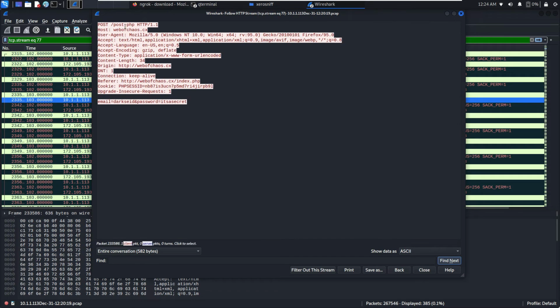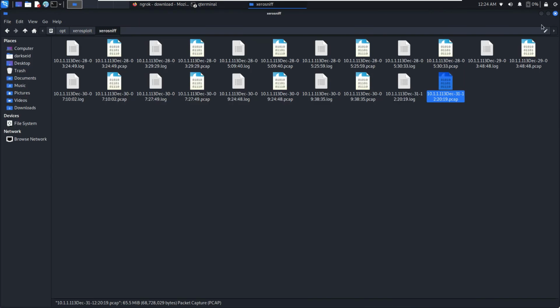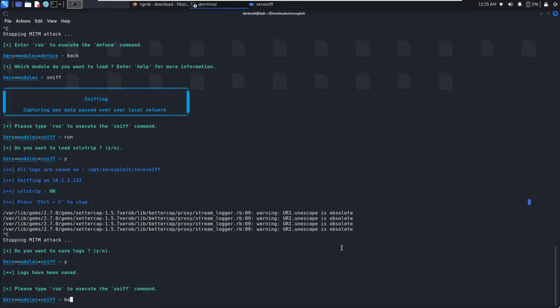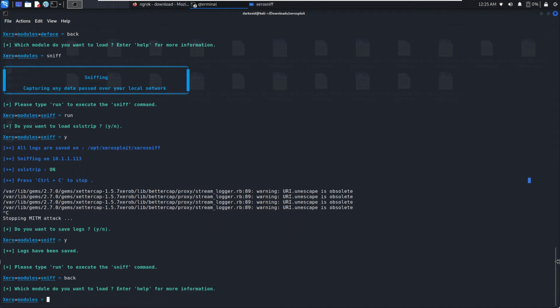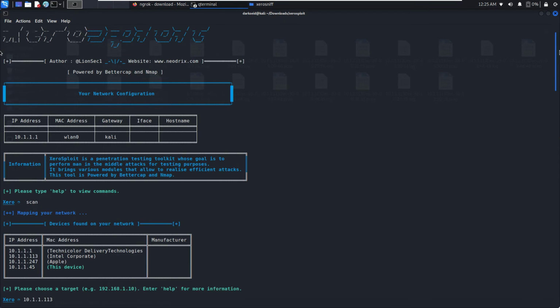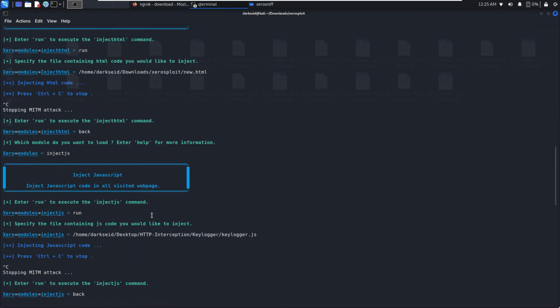And as you can see, we've got that packet information here, PHP session ID and the username and password. So we've got that in the network logs as well, which is good. So that's basically how you intercept traffic on a local network. Just go back. And the last one I'll be demonstrating